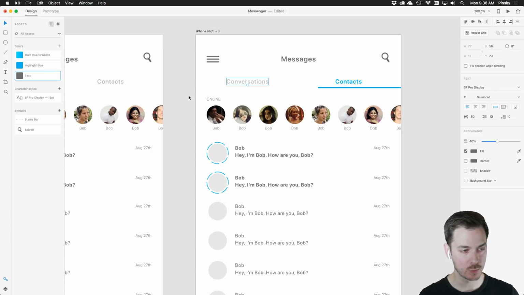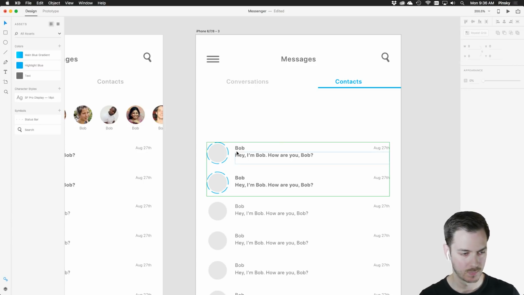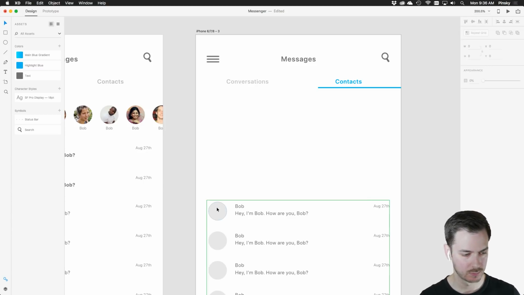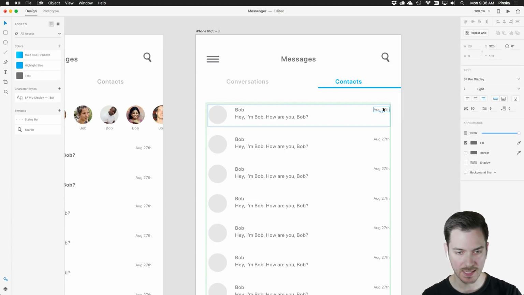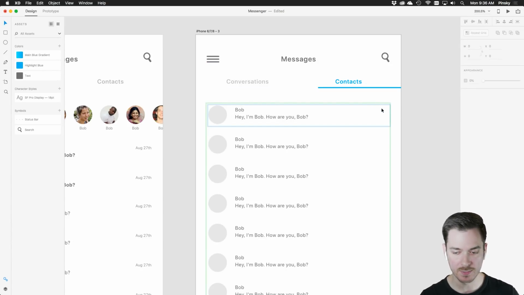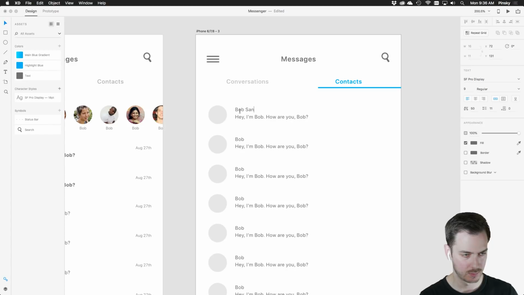There we go. Now for this section, we don't need our story/online view, but we definitely do need our bobs. You're noticing as I'm selecting these items and deleting them, they also update in the repeat grid as well. So in this case, I'm going to add a last name. And when you're updating text in a repeat grid,